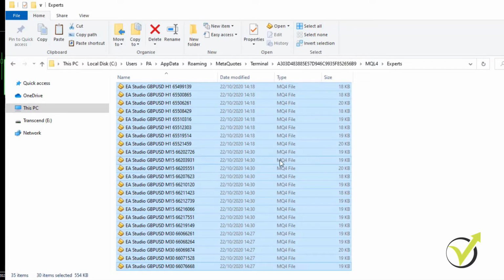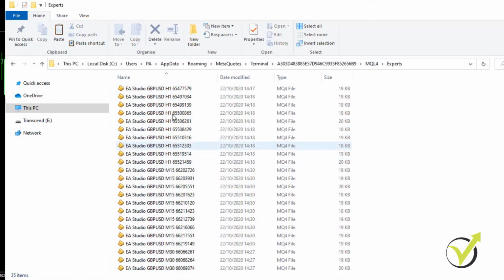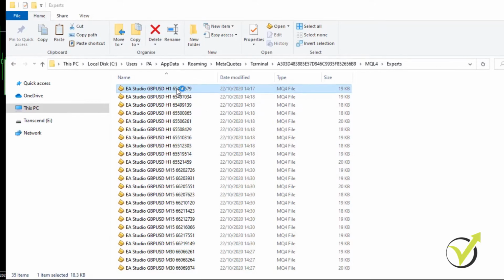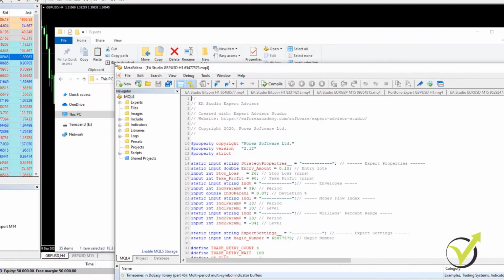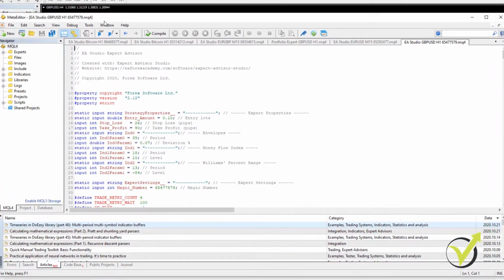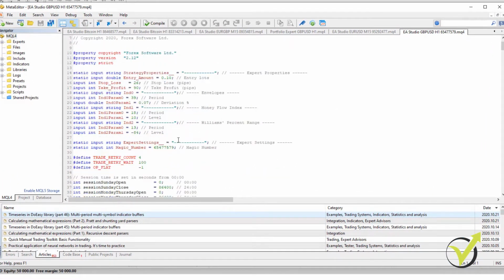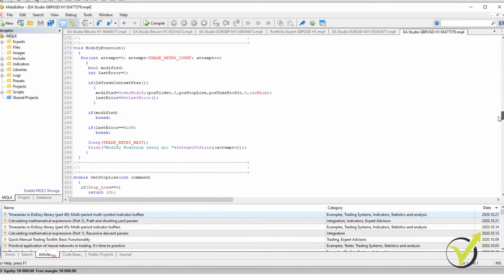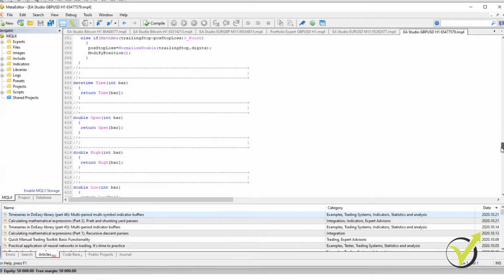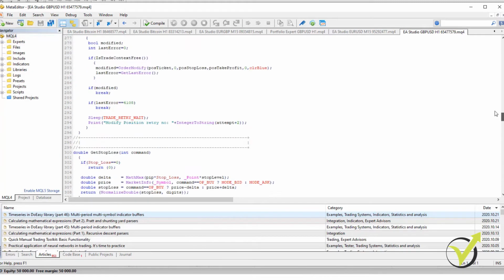Now these are the MQ4 files, which means that this is the code. It's not the ready expert advisor, and if I click on it, you will see the MetaEditor opening, which is the tool where you can code expert advisors, or you can change, modify anything in the experts. I usually don't touch the code because I'm not a developer, and if you are not, I wouldn't suggest you do that either.